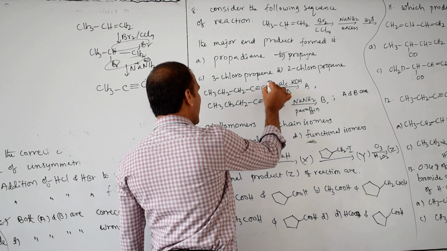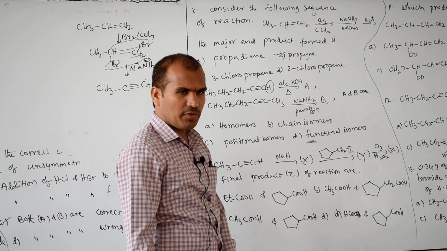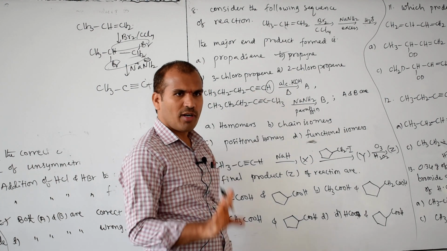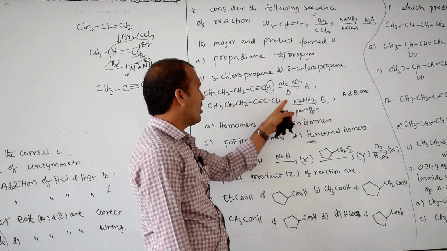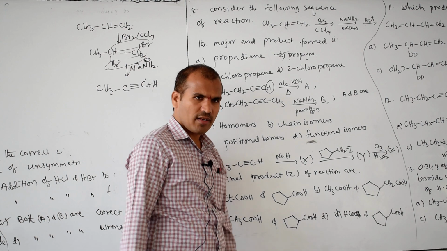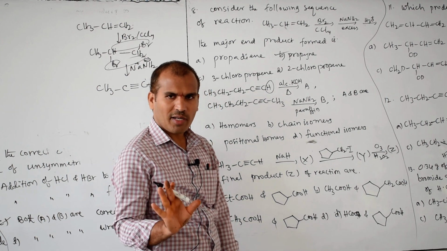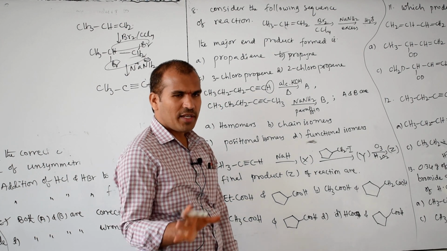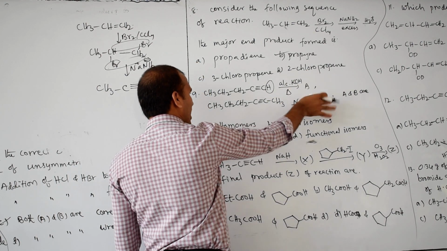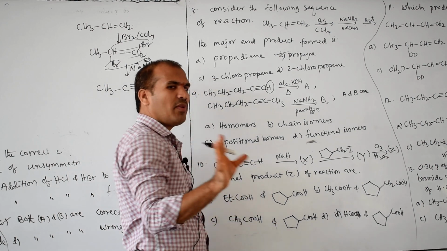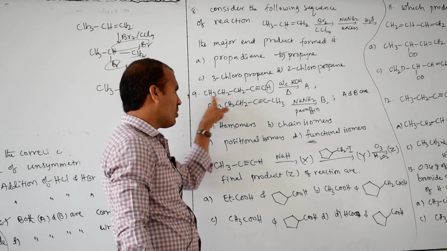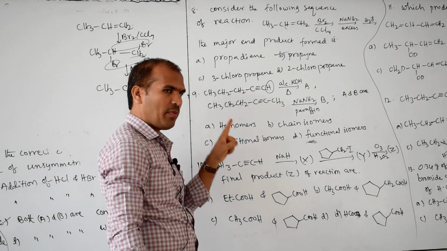Next, now alcoholic KOH. This is which one? Acidic hydrogen. Acid and base react, form salt. Otherwise, this is also a base, but here a terminal alkyne is not there. Only a terminal alkyne gives a reaction, otherwise no. So A and B are given here, base they mention, but actually this one only you have to consider. This compound name and this compound name, right?